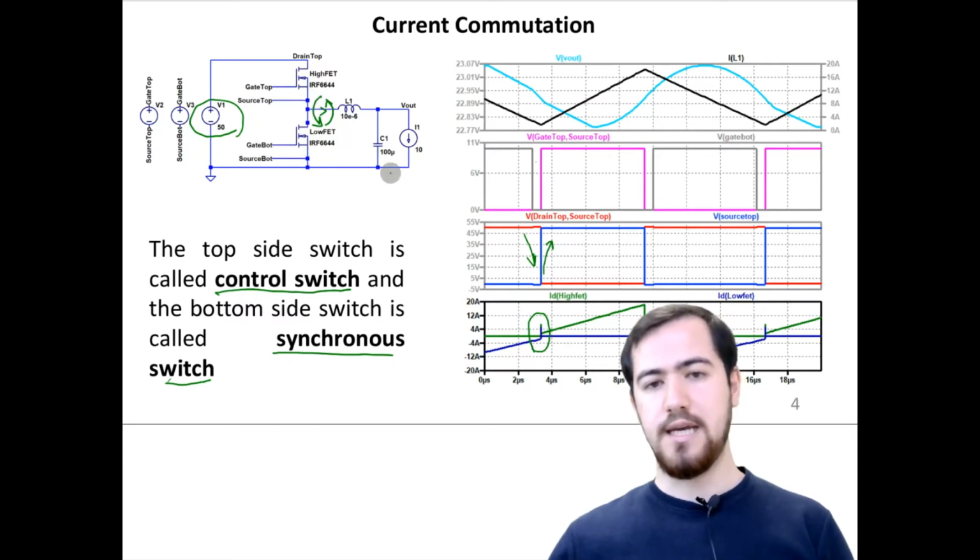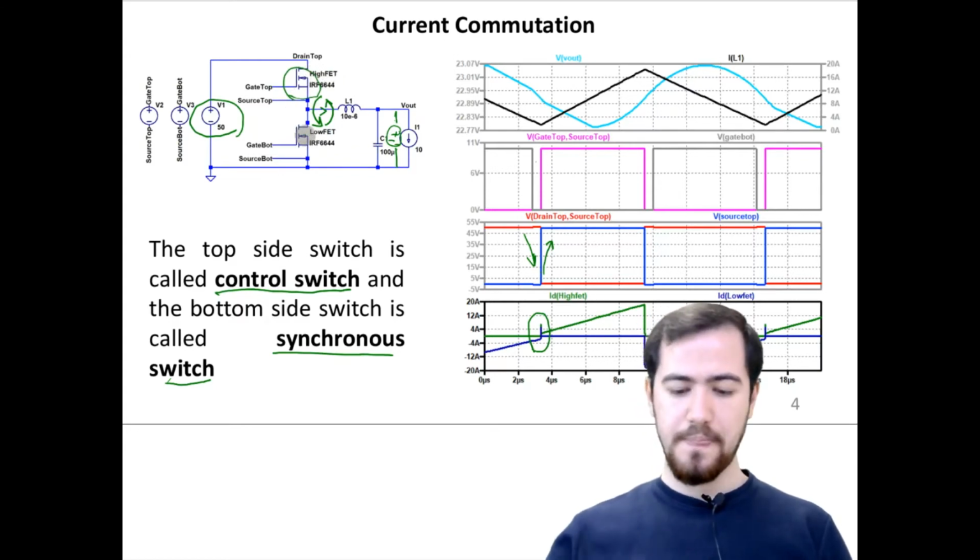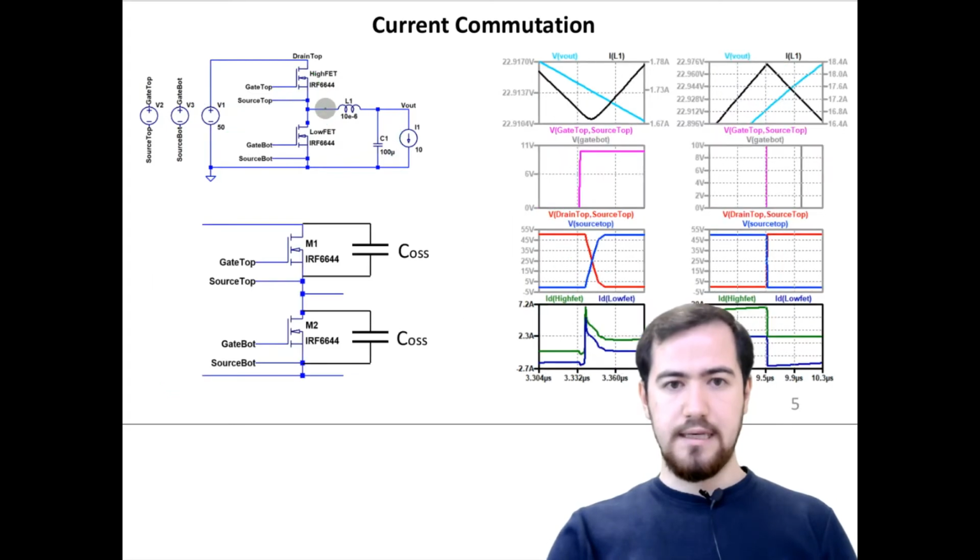And let's say this circuit was operating in the reverse direction. I mean, we have connected a voltage source here, and a load is connected instead of this voltage input. So this means that our freewheeling switch is now the high FET. So this would be called the synchronous switch. So things get